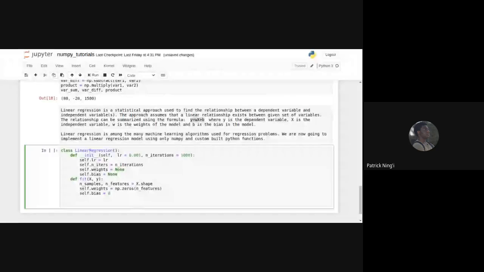I'm going to iterate through this number of iterations and fit this model over here. For every iteration, we are going to update our weights and our bias so that this model might be able to learn more effectively, so that it can perform the regression or classification task that we are going to pass in much later on. So these are going to do that. I'm going to say that in range number of iterations